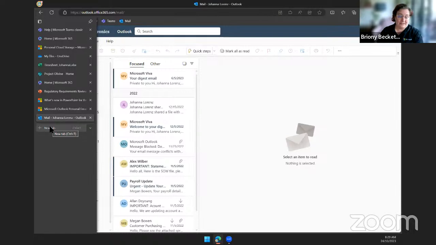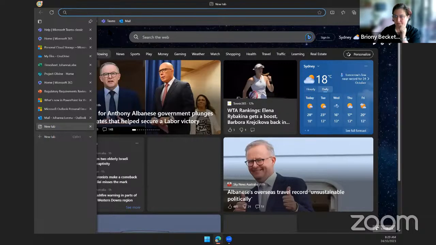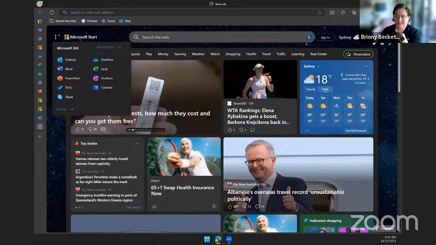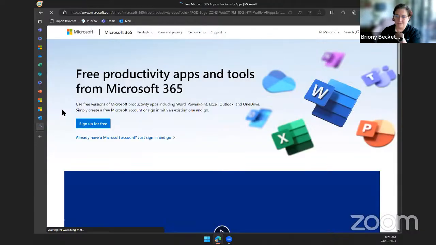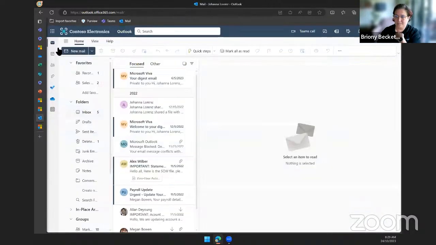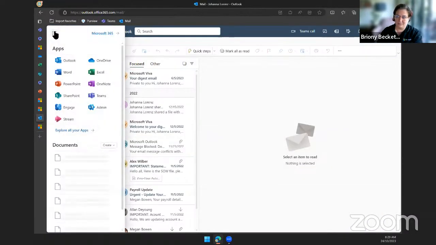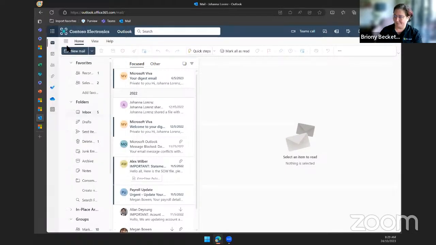That's probably a handy tip as well, just as a segue. If you're ever on this new tab, that's where you can access everything in one place. So I use that menu all the time. That's the main way that I navigate between all of the options. And then even once you're in Outlook, you can switch across to the others really easily from this little app launcher.